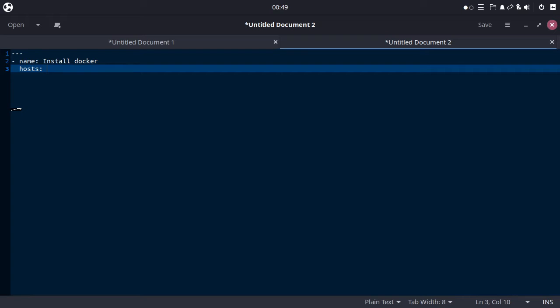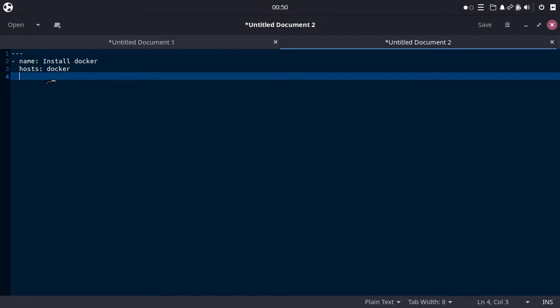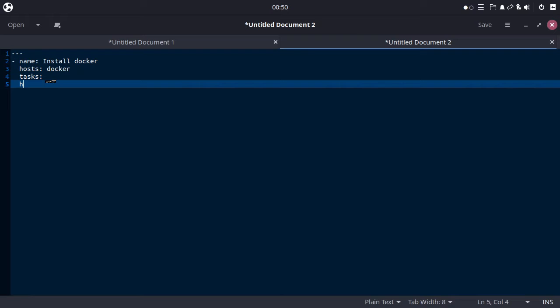In the hosts file we have a Docker group, so we tell Ansible to install to the Docker group hosts, and then after this you need at least a task, and then after that you need to have handlers.